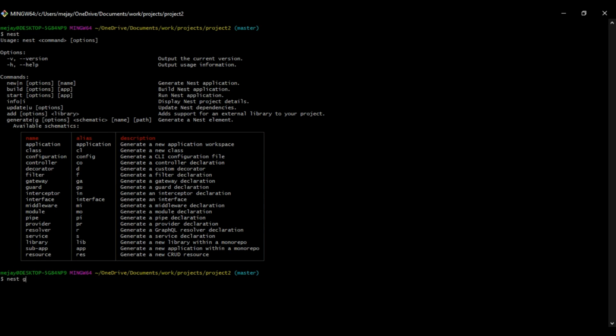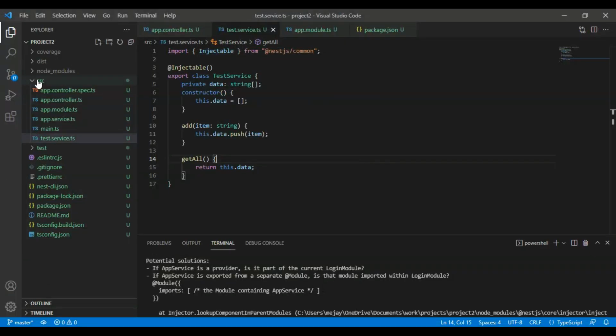Here, nest generate, G is for generate, and then module. For module you can use mo. So here I can say module login. This will create one file and folder inside the source folder that we can use.